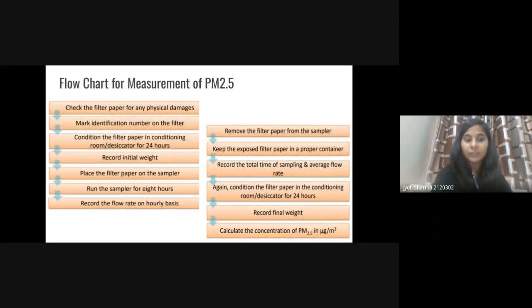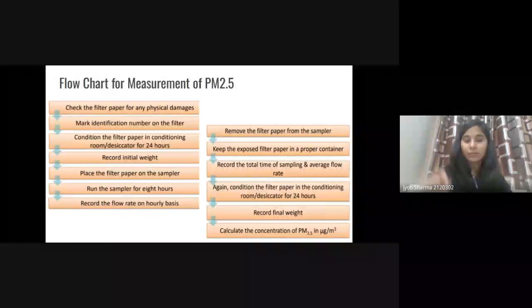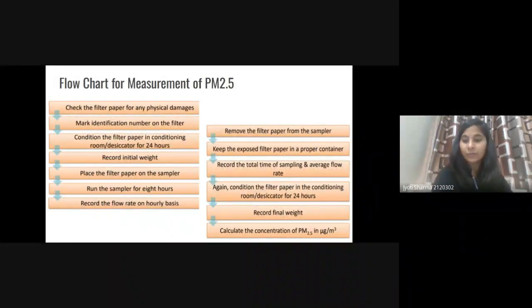Initially you will check the filter paper, then you will mark some identification, then you will do the conditioning. So you will record the initial weight of that filter paper, then you will place that filter on the sampler and run it for 8 hours or as per your demand, and then you will record the flow rate on an hourly basis. After that you will take the average of your flow rate, then you will remove the filter